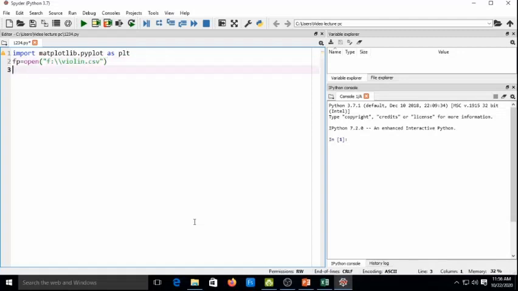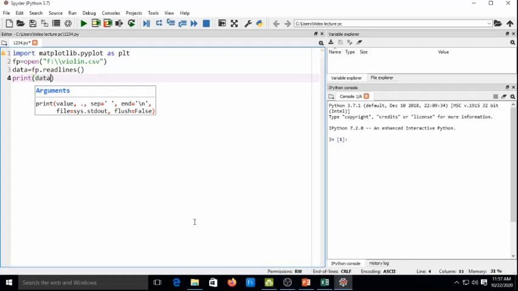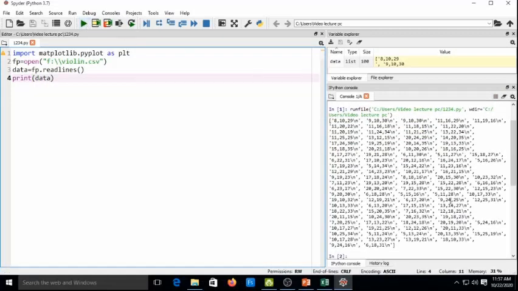Now to read the data, I make a variable data equals fp.readlines, which reads the data line by line from the CSV file. Now if I print data, you can see this whole data is printed in list form.